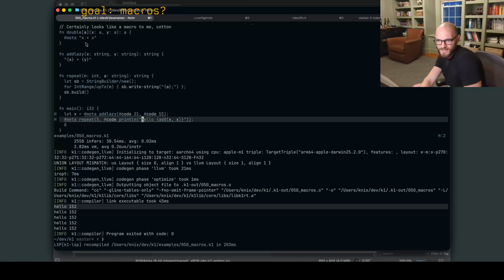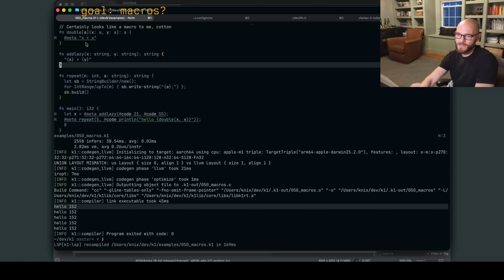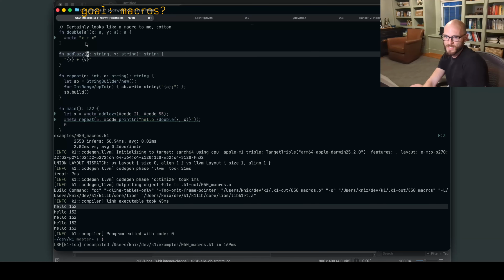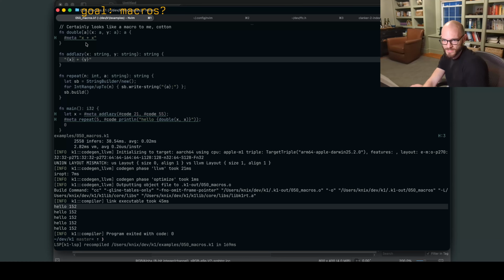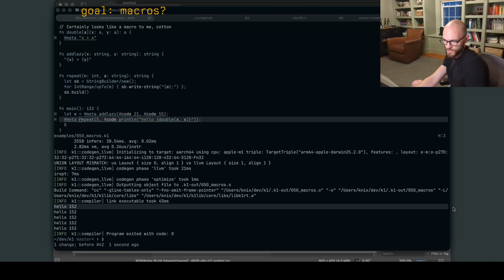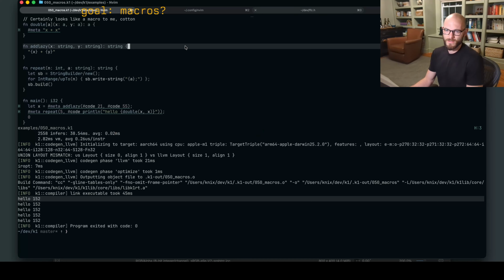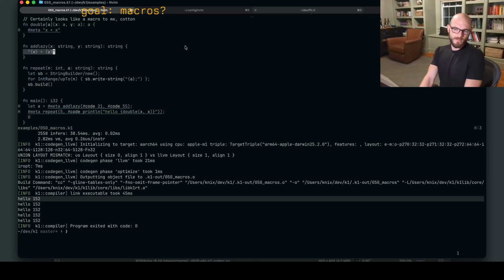And this is really interesting because let's go further. So then we have add lazy, the other style, where I want to accept code as my arguments, like a macro does, right? And if I mention x twice, it's going to run that code twice. And that's kind of what we have here. What was I saying? These are lazily evaluated, right?